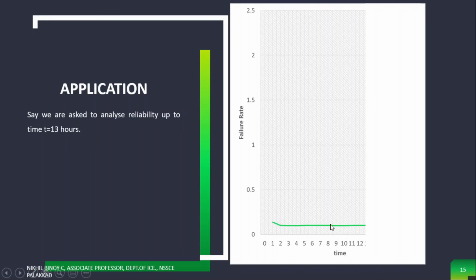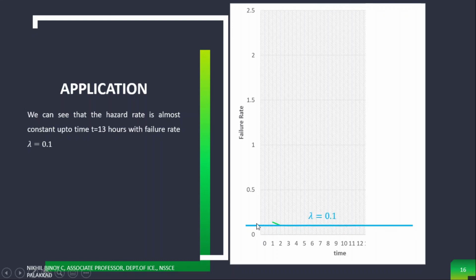So if you represent this curve up to 30 by using a constant value, then this curve can be represented by using lambda equal to 0.1. Am I correct? Now we have a constant hazard model. A small increase is there in this particular region, otherwise it is constant. So please note, now lambda equal to 0.1.